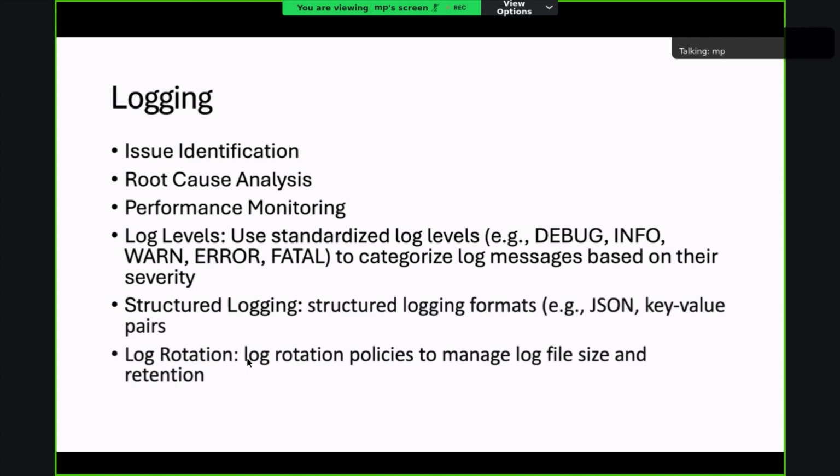So we have the standard log levels: debug, info, warn, error, fatal, to categorize log messages based on the severity. And structured logging is basically where we have structured logging formats such as JSON or key-value pairs. Then we have log rotation. So log rotation policies are used to manage the log file size and the retention of the logs that we have.